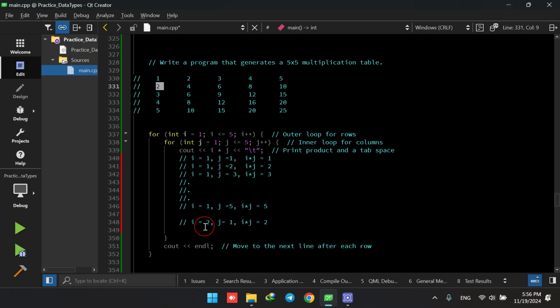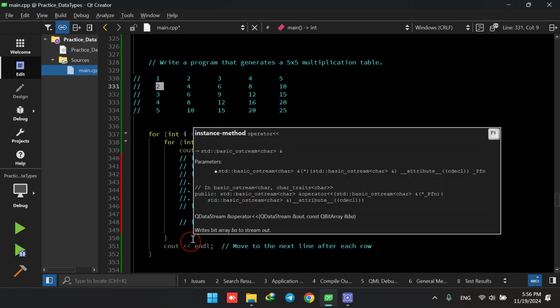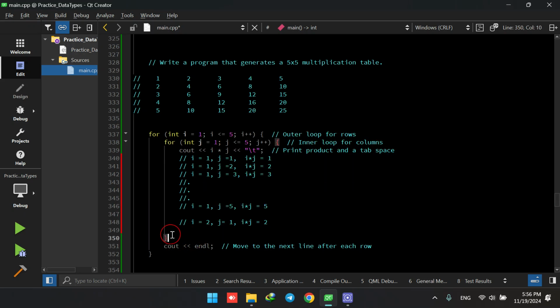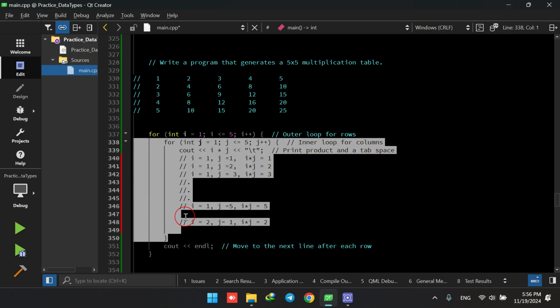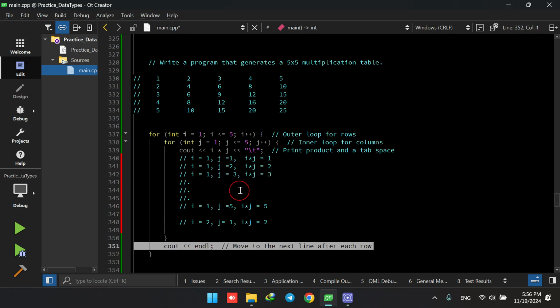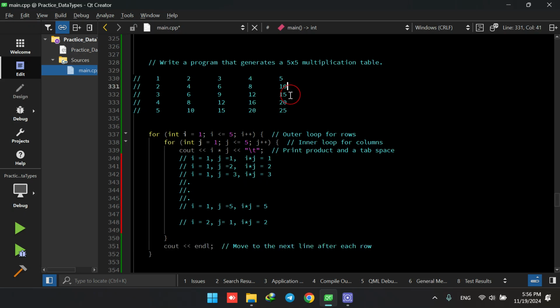Then i stays 2 while j goes 1, 2, 3, 4, 5, and when j reaches 5, it again finishes the inner loop and goes to the next line using this endl function. It is here, it goes to the next line, which will be here. So now i is incremented from 2 to 3. Then it does the calculation again. So this is basically how nested loops work,